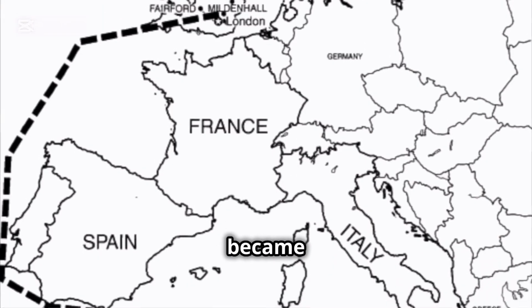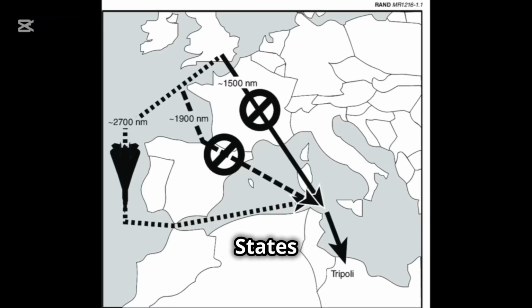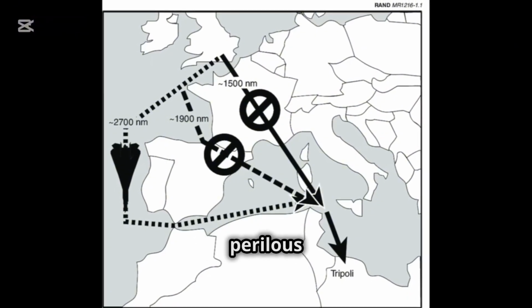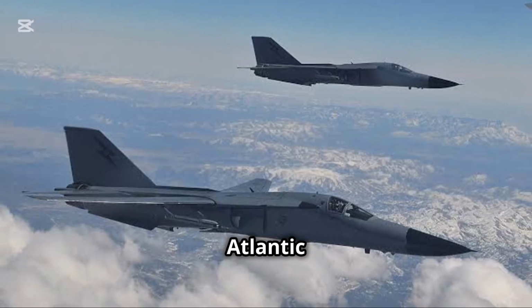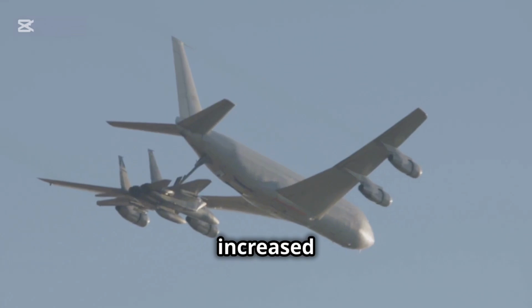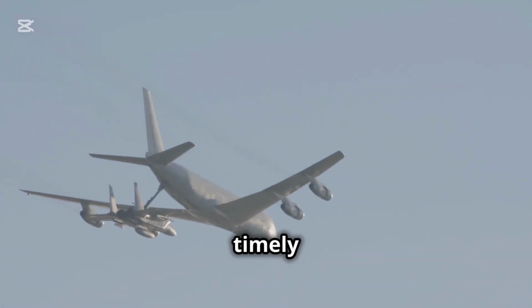This necessity became even more pressing when Spain and France denied the United States the use of their airspace. The refusal forced the mission planners to chart an alternative, more perilous route. The aircraft had to fly a longer path over the Atlantic Ocean, skirting the edges of Europe and the Mediterranean Sea. This detour added complexity and increased the duration of the mission, intensifying the need for precise and timely air